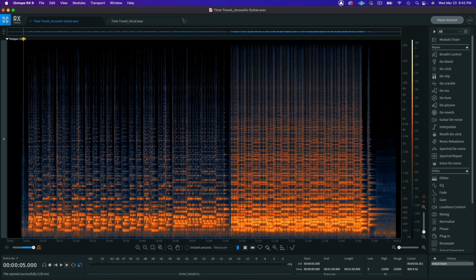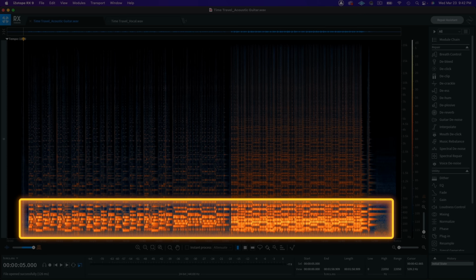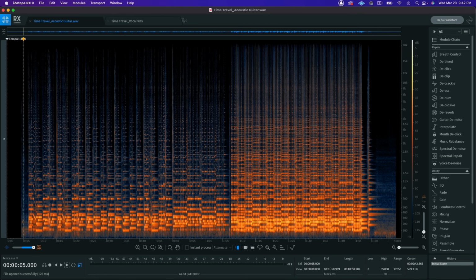And brightness corresponds to loudness. So you can see, for example, a lot of the energy is in the low end of the guitar just by looking at this track. You can use any of the modules I'll be showing you here today in your DAW as plugins, but I like to work in the standalone application where I can see a lot more detail and then make decisions about what I want to tackle.